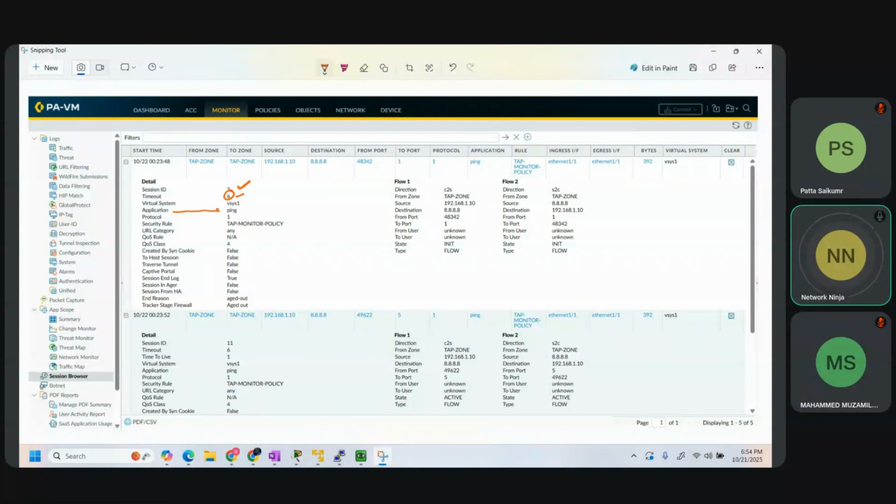It is going to be used as a ping, right? And the protocol number is 1. See the security policy, for which policy it is going to hit? Tap monitor policy, which we created. Clear? Everything is clear. Now here, source to C to S, client to server and server to client, the return